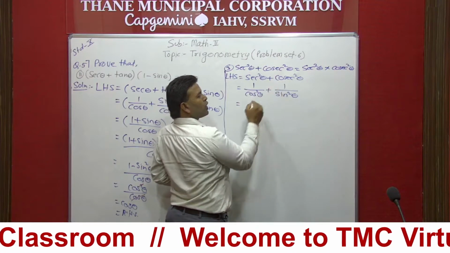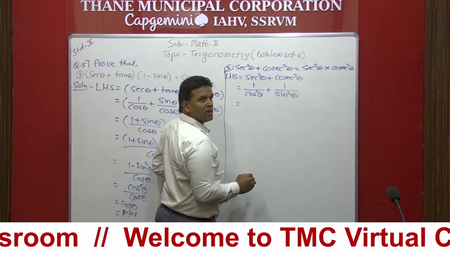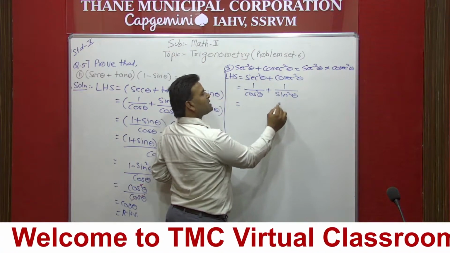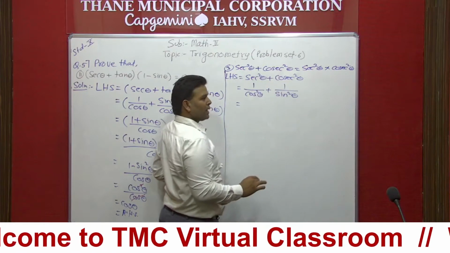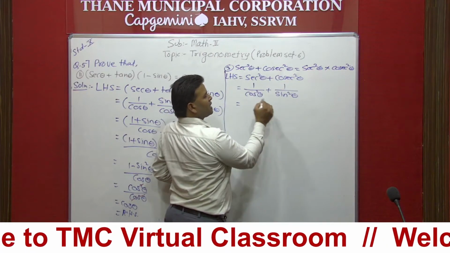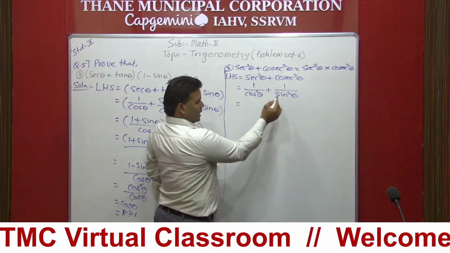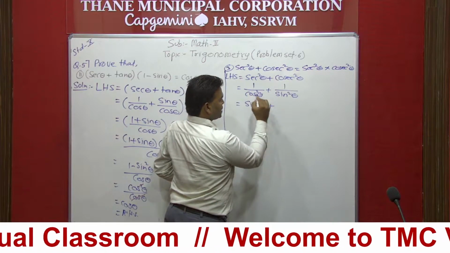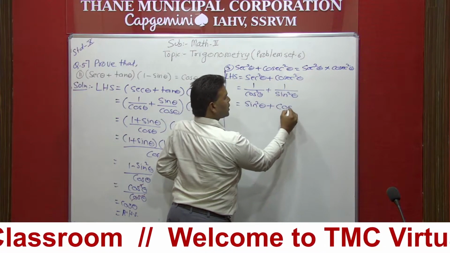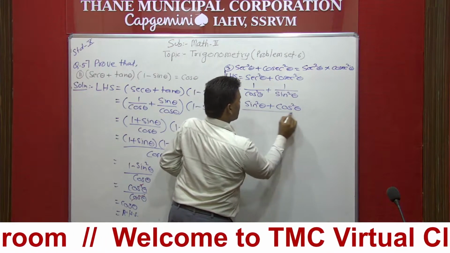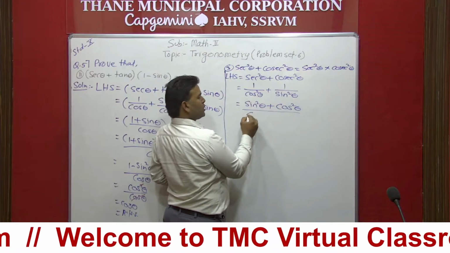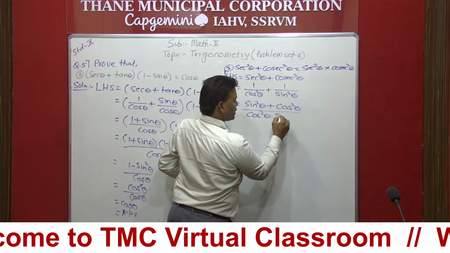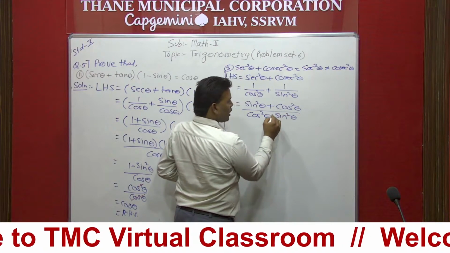What happened in the next step? We have to do the cross multiplication. Why cross multiplication? The reason is both the denominators are different. Once the denominators are the same, we can directly add or subtract. But if the denominators are different, we have to do the cross multiplication. Now sine square into 1, so what happened? Sine square theta plus cos square into 1, cos square theta, upon cos square theta dot sine square theta. Here the dot means